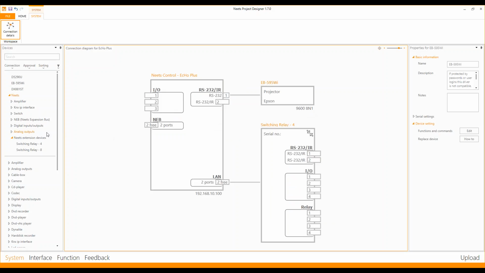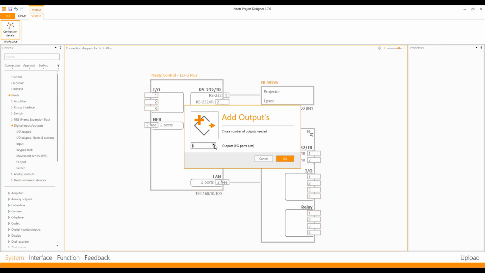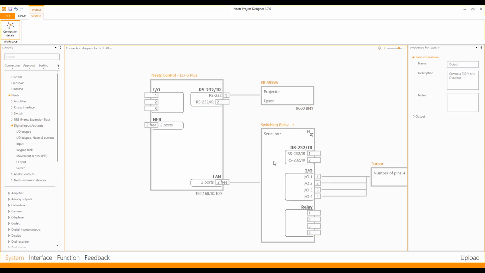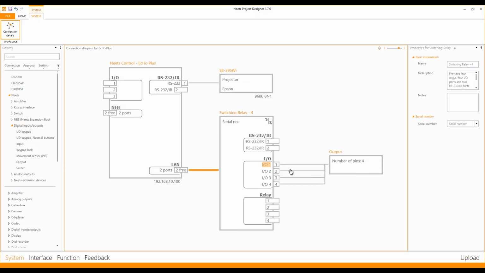A new feature as well is if we put some outputs, could also be inputs, but if we choose a group of IOs, just put 4 on this one, it is now possible to name each of these inputs individually. So in this case, screen 1 up, screen 2, screen 1 down,